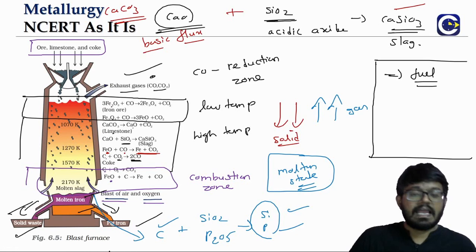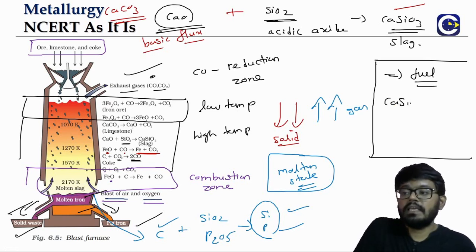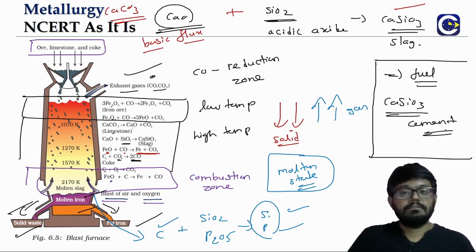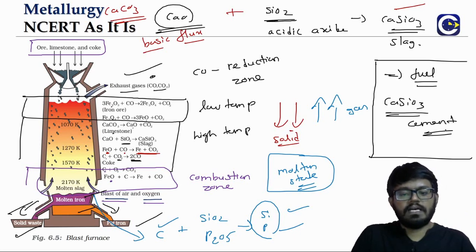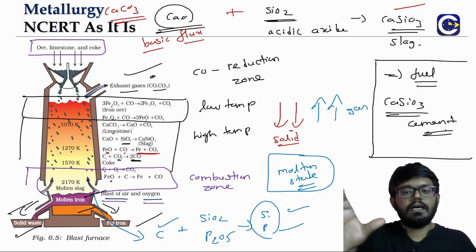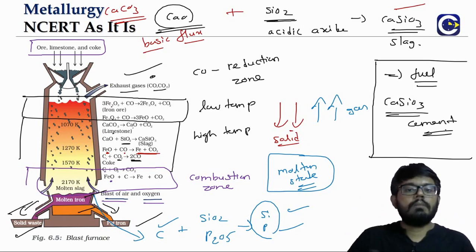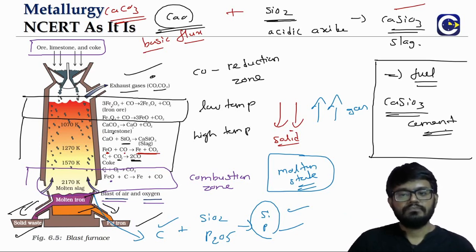Even the slag, what is this, calcium silicate, this can be used in the cement manufacturing industry. That can be used as a raw material for the cement manufacturing industry. So we actually call it slag cement. So the idea is, we are looking for the iron, we will get it, but the other effluents or the emissions from the blast furnace, it is not like we are just leaving them. We will try to use them appropriately so that we will be able to get the benefit. So this is the overall scheme of the reactions that will happen in the blast furnace.